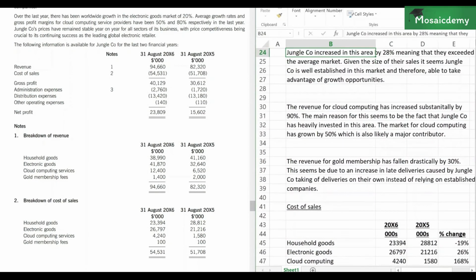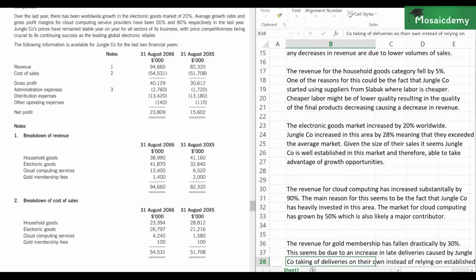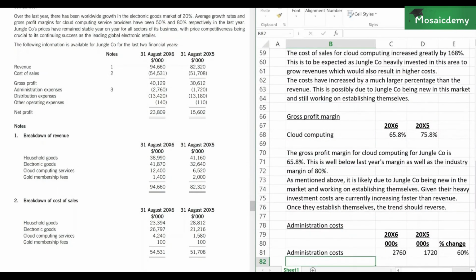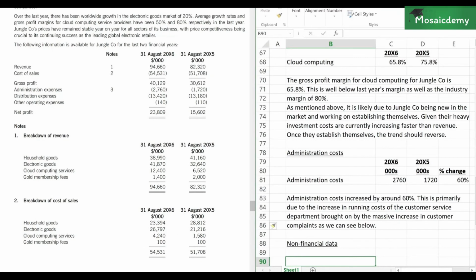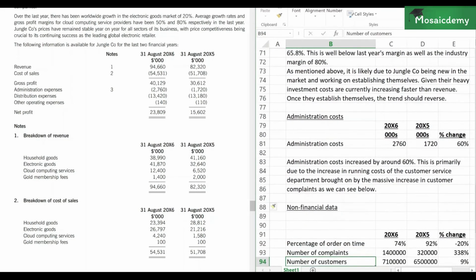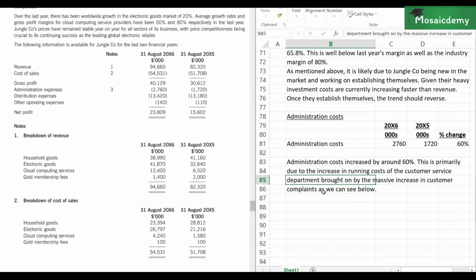But sometimes in the marking scheme they want you to hit specific areas. So even though we made a lot of sub points in revenue and cost of sales and everything, we should not ignore any specific areas, because there might be some marks just allocated to them. Okay, so distribution costs have increased slightly. We can just briefly talk about why that could be. So let's just make a heading for that. So we have distribution costs,